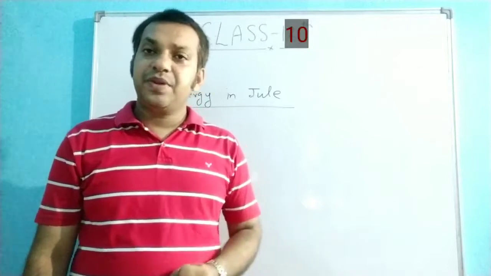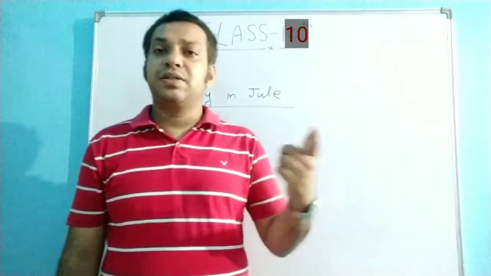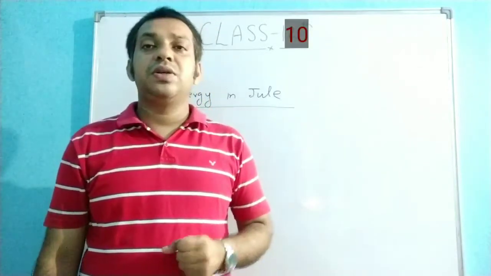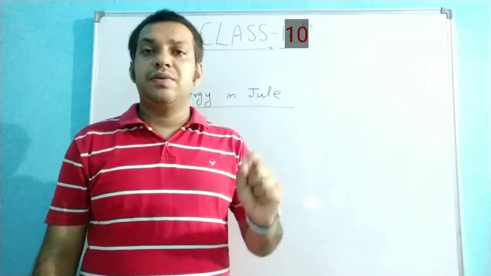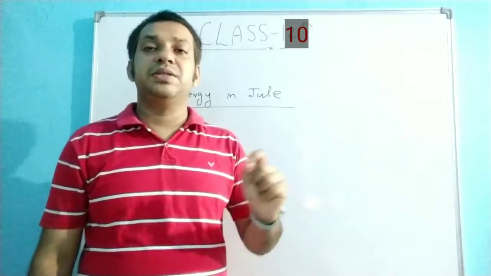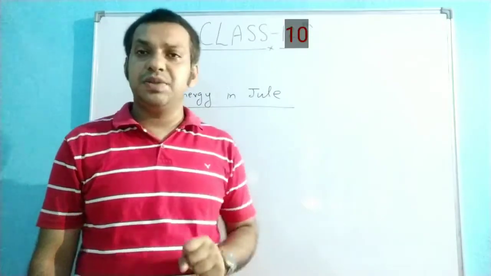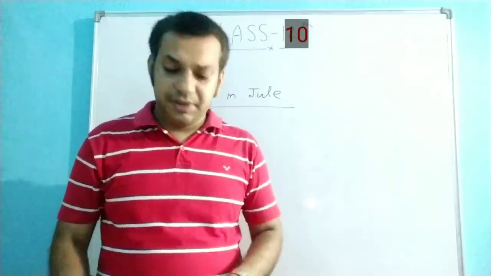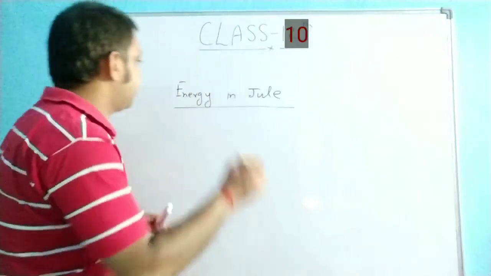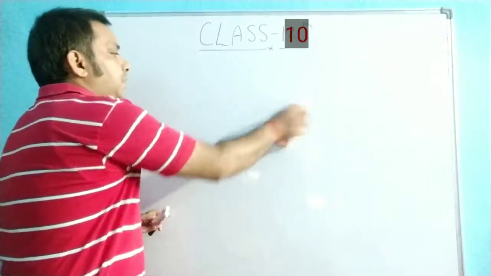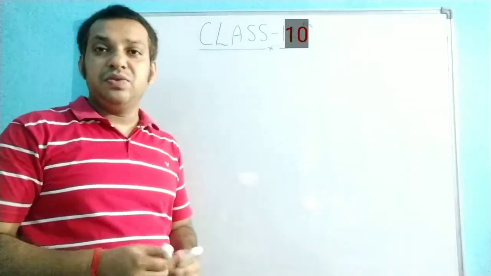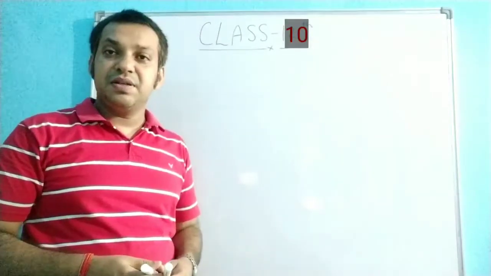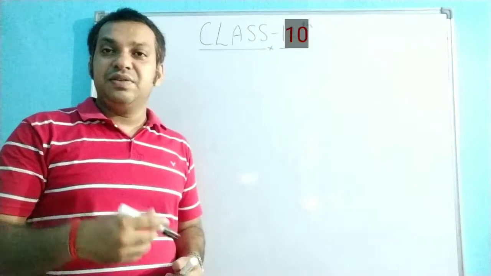So what is the conventional unit to measure the energy consumption of the house? It is called the unit, or kilowatt hour. The kilowatt hour is the commercial unit to measure the energy consumption of a house. So what is the kilowatt hour? Let us understand. Some get confused, sir, kilowatt hour is the unit of energy consumption, so how does that derived unit come?